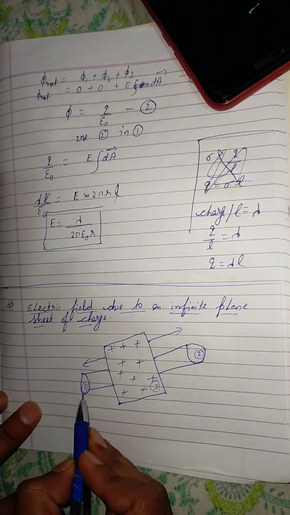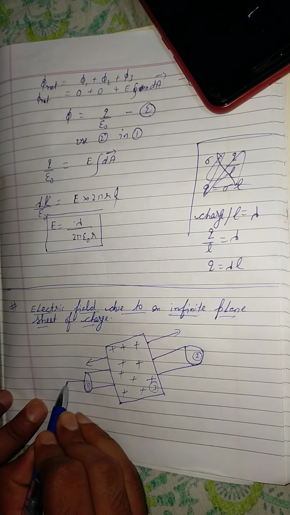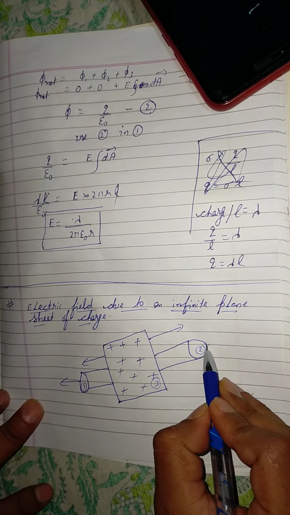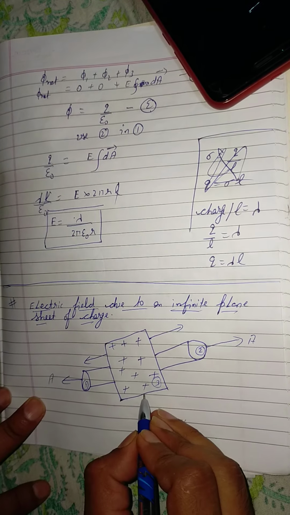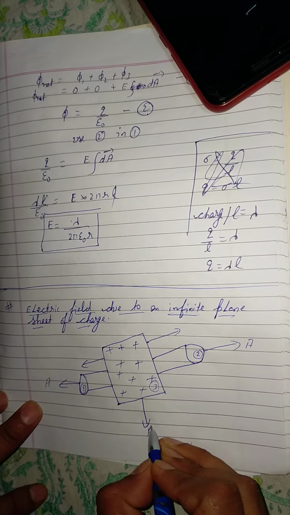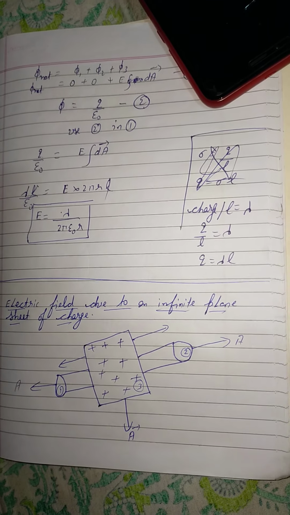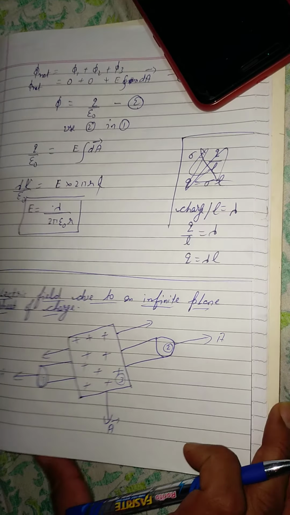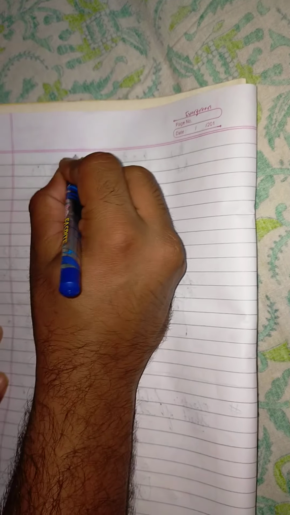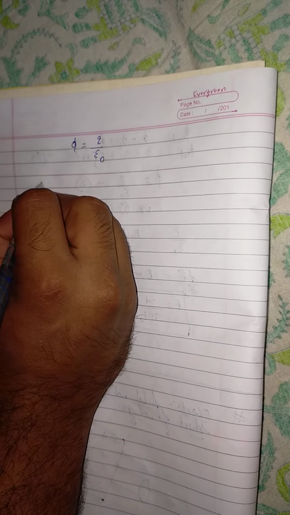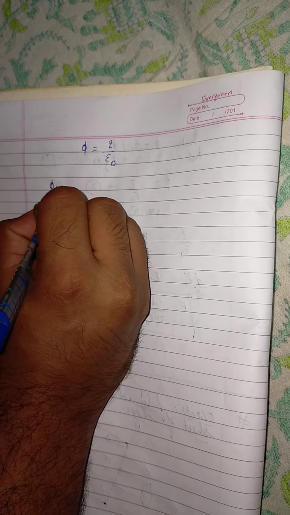And for surface 1, the area vector is in the outward direction, this side. For surface 2, the area vector is in this direction, and for this surface the area vector is downside, perpendicular outside, we have to take the area vector. Okay, now from the Gauss theorem we know the formula, phi will be equal to q over epsilon naught,